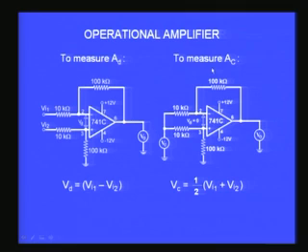Then if you want to measure common mode gain, you connect the two input terminals together and connect a voltage source to them. This is a common mode configuration we already discussed. Now measure the output for the same amplifier and divide the output by the common mode input signal, and that will give me AC, the common mode gain. So, this is a simple practical way of measuring AD and AC. Once you measure AD and AC, you can divide one by the other and obtain the common mode